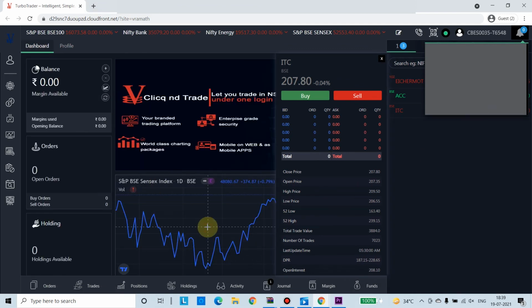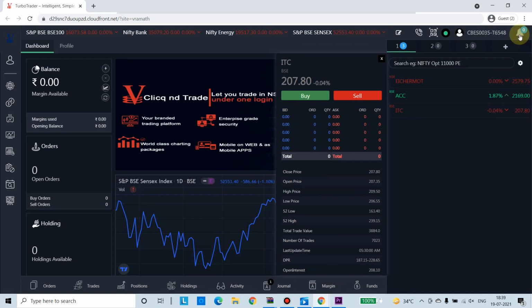In the middle page, you can add your favorite index graph. On the right hand side, you can view the extra features available.